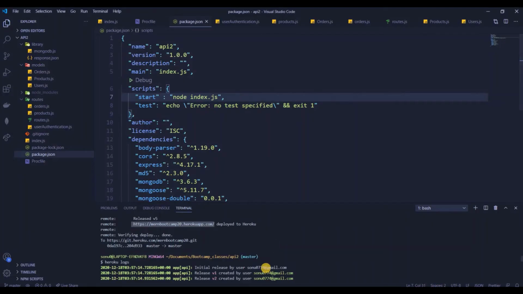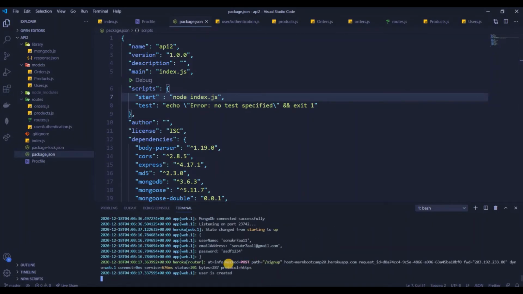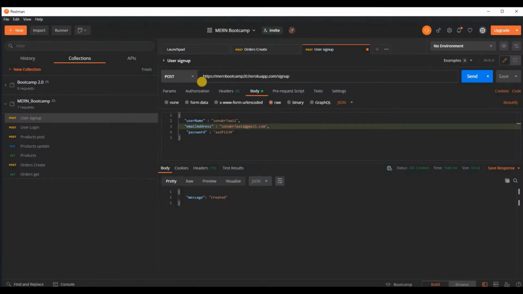You can see in the logs as well. Post path, status returned, user is created. That log is also getting printed, and your whole request.body is also getting printed here, right? So this means our complete APIs are basically deployed on our Heroku server.